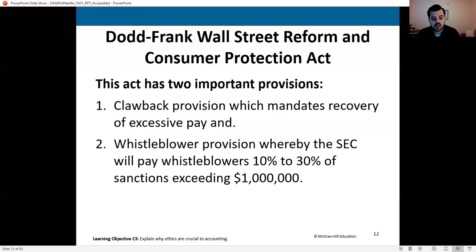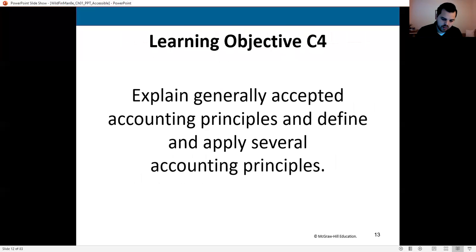Now, of course, sometimes these sanctions are incredibly large, far larger than $10 million, so you can end up making a tremendous amount of money. There are many famous whistleblowers who go on to write books and go on interviews and do all sorts of things like that. So it can certainly be profitable to you as an individual, but it can also be good to restore the public's faith in the organizations that are supposedly working for our best interest and giving us the straight information. So we want to make sure we understand that.